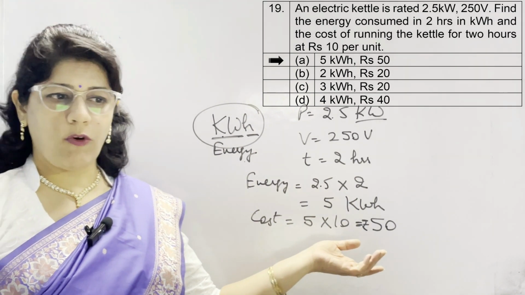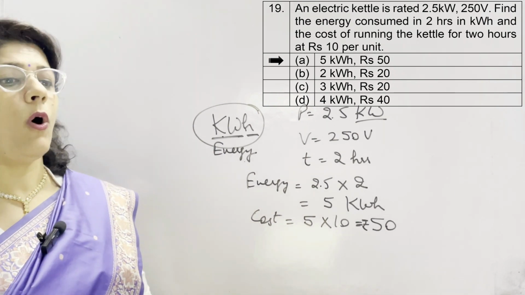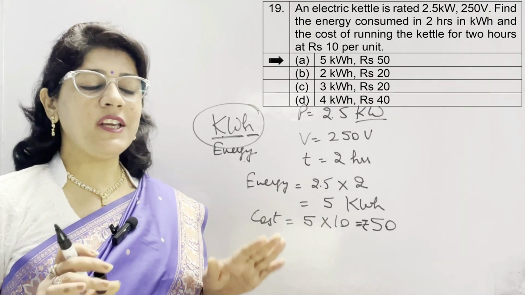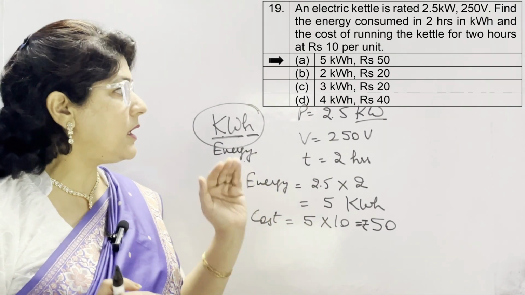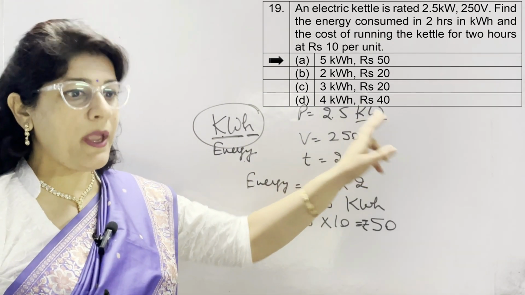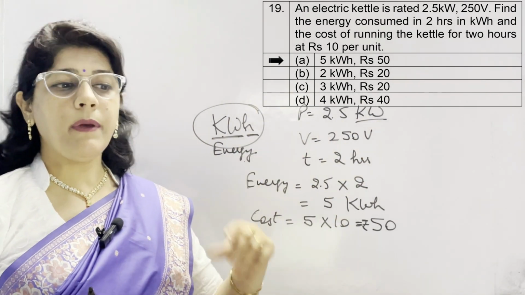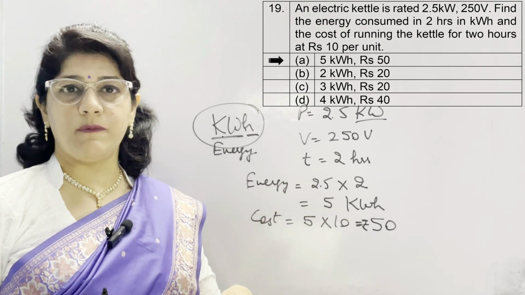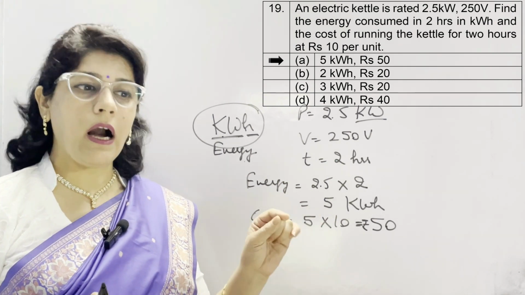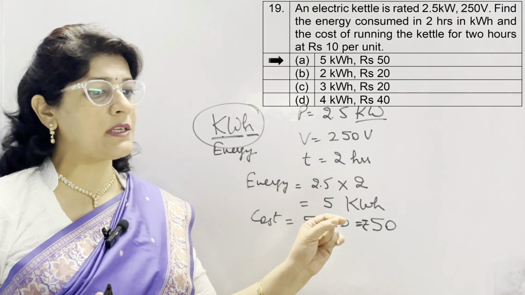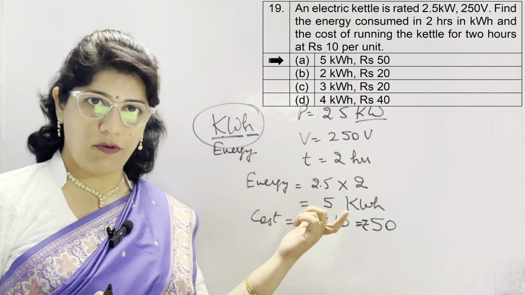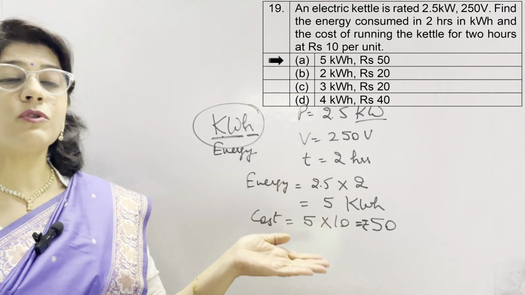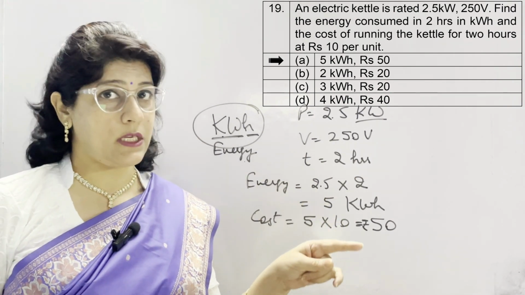Other options, 2 kilowatt hour and rupees 20, C and D, all are incorrect. हमेशा इसमें किलोवाट आवर में ही रखना है, पावर को किलोवाट में, एनर्जी को आवर में. अगर हम एनर्जी को जूल में लेके जाना चाहते हैं तो हमें सेकंड्स में लेकर आना है, मिनट में नहीं होनी चाहिए, आवर में होगी तो किलोवाट आवर में आंसर जाएगा डायरेक्टली, जो हमारा कमर्शियल यूनिट है इलेक्ट्रिकल एनर्जी का. और अगर हम उसको सेकंड्स में कन्वर्ट कर देंगे तो जूल में चला जाएगा आंसर.